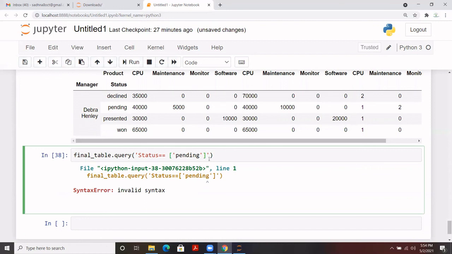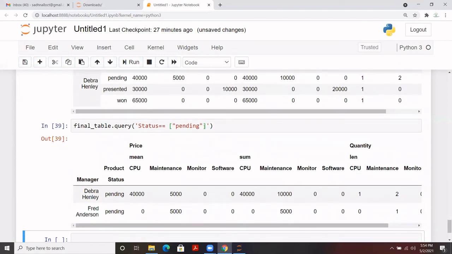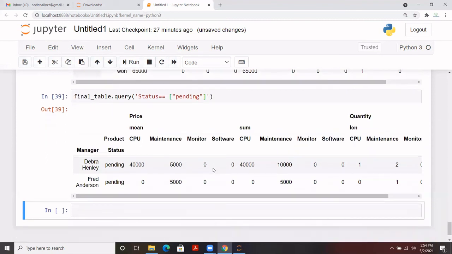If we pass it into double quotes, it might be coming with an error because of that. Yes, because the same, you have to use a different option. Either you use double quotes for this or single quotes for this. So this is what we added. That's a very minor mistake. So this time we have basically filtered out the entire table based on the pending status for both the